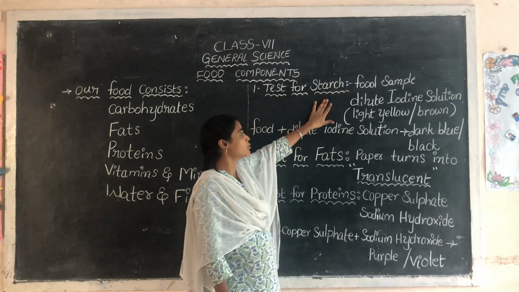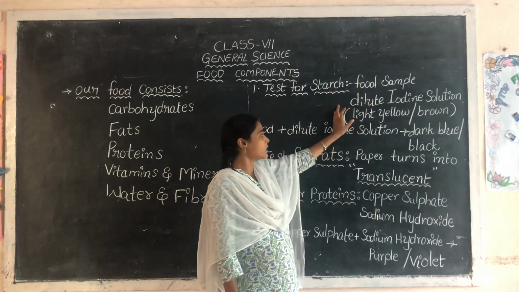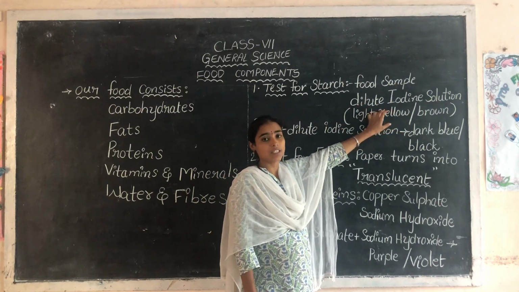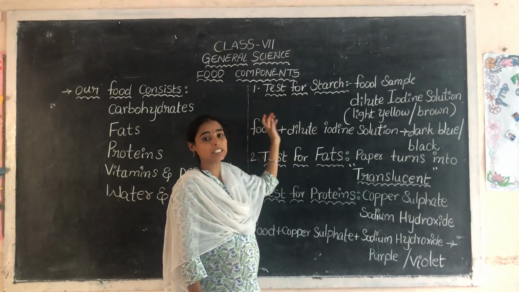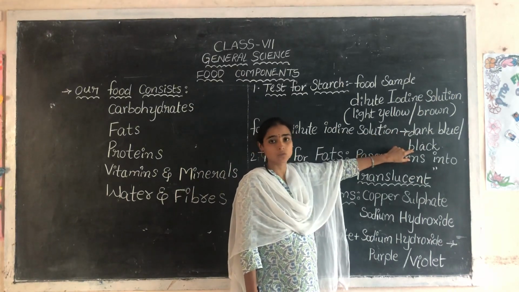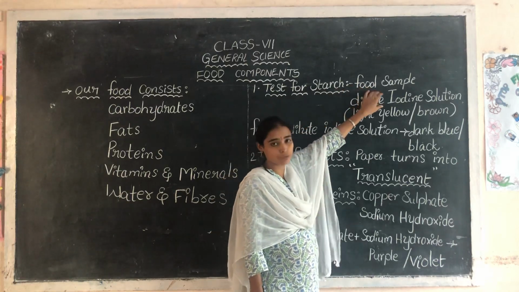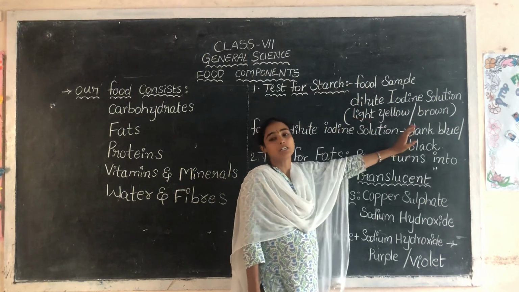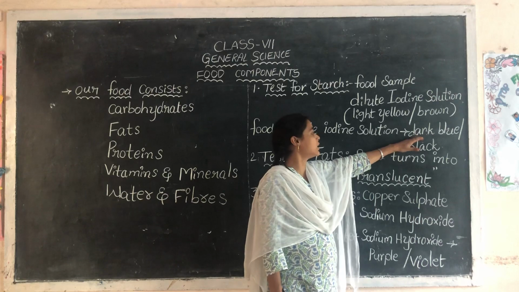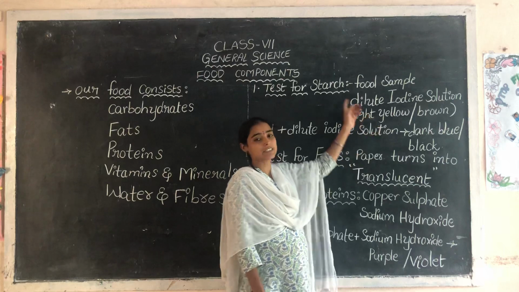Now, what we do? Take the food sample in the test tube and add the few drops of the dilute iodine solution. Then, automatically the food color turns into dark blue or black. Okay. When the dilute iodine solution is added to the food sample, the food color turns to dark blue or black. Okay? When the food color turns to dark blue or black,